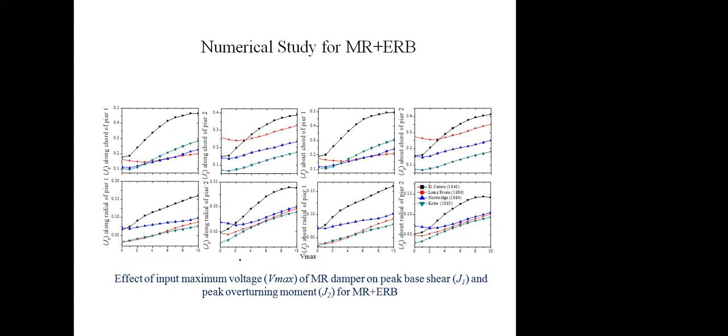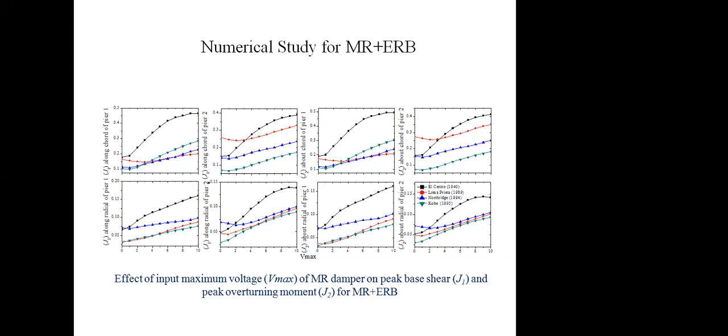For our case, I have chosen the same curved bridge that we did in the previous one, and we have varied the value of the voltage. A low voltage is efficient to reduce the maximum base shear, as well as the amount of shear force on the structure. I have told you earlier that when we use an isolator, we are able to reduce the base shear by up to 97%.